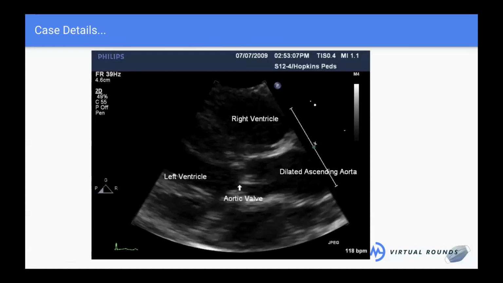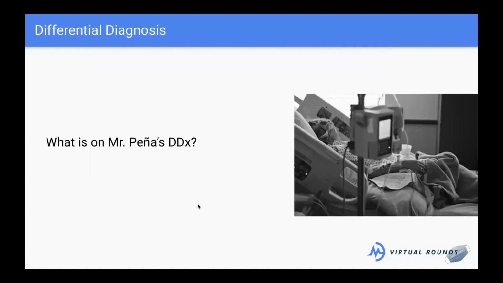So we also got an echocardiogram of him. I'm not expecting you guys to be cardiologists and learn how to see these. This takes a lot of practice, but basically, this is a snapshot of just a piece of his heart. We're going to talk through the anatomy quickly. So it's okay if this is a little confusing and overwhelming, but this is the aortic valve, which connects the left ventricle and the aorta. This is a little thick here is what we're seeing. But again, not expecting you guys to be cardiologists.